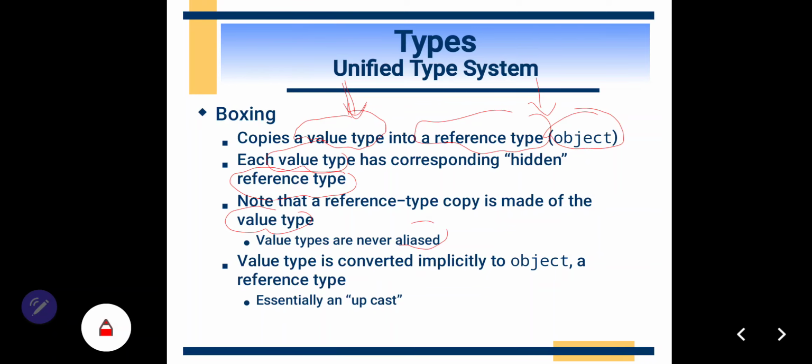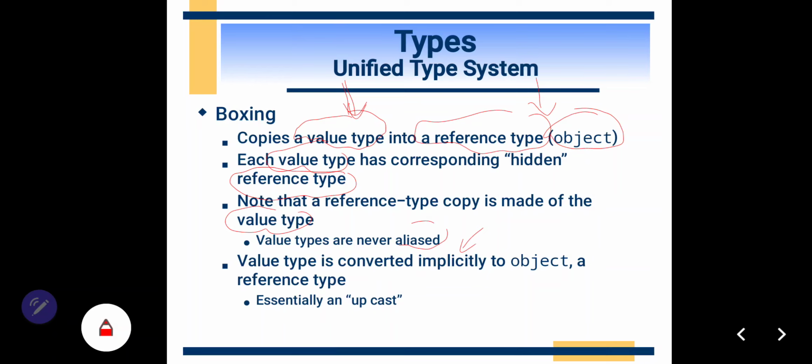A value type is converted implicitly to object. I hope you understand the meaning of implicit. Implicit means no data will be lost.